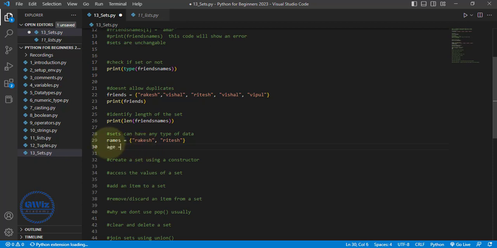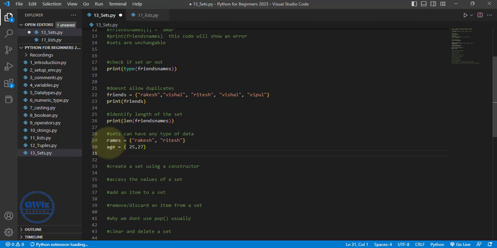And let's say an age set, we can have ages like 25, 27. And then let's say a boolean set, just a random name, it can contain values such as true, false, true,